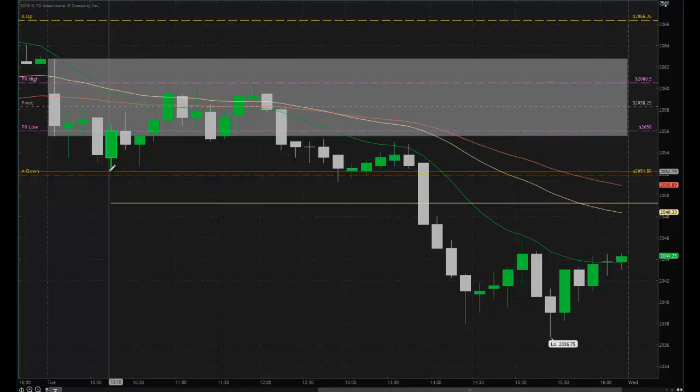So you're going to go long here. You're going to fade this, and what you're banking on is you're saying they're not going to be able to confirm this A down. Price is going to bounce back. It's going to revert back to the mean, back towards the opening range, and that's what you're banking on. That's the trade. And you're going to say until they take out an 11 tick stop